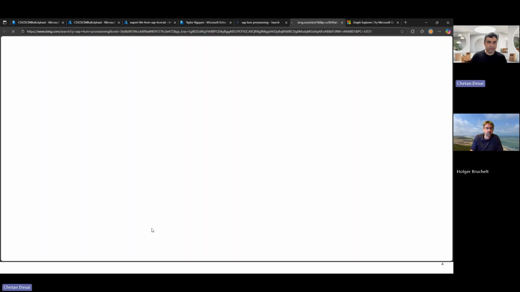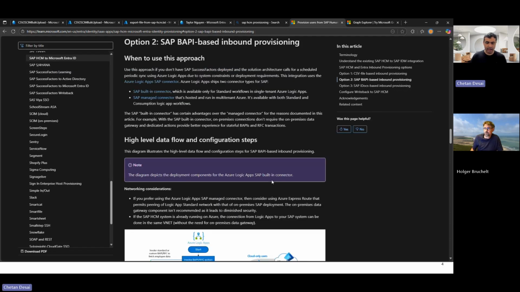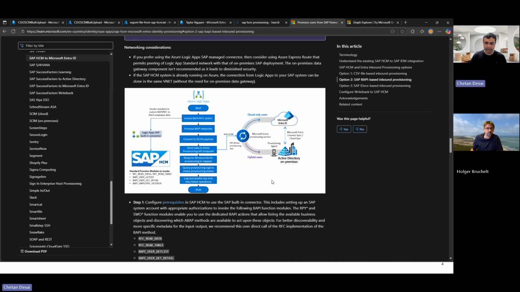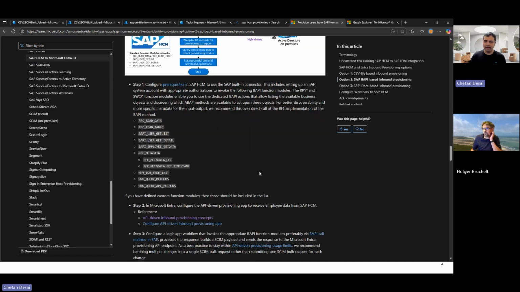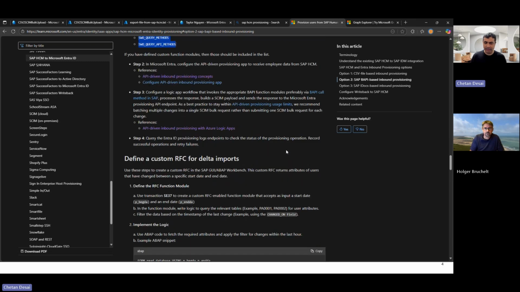If you check our documentation, we have called out here the specific RFC BAPI function modules that you need to provide access to. Make sure that this is set up. And once you have configured the provisioning API endpoints, you should be good to go with enabling this Logic Apps workflow.